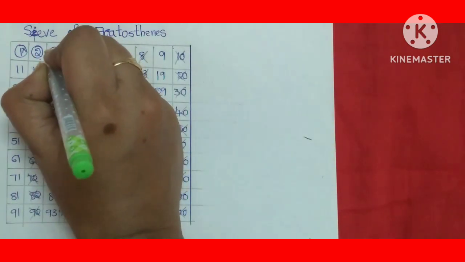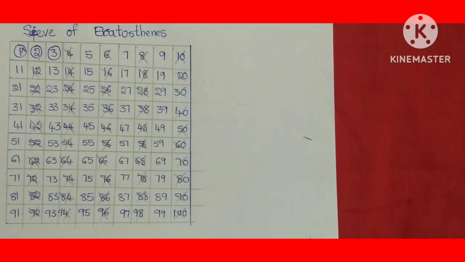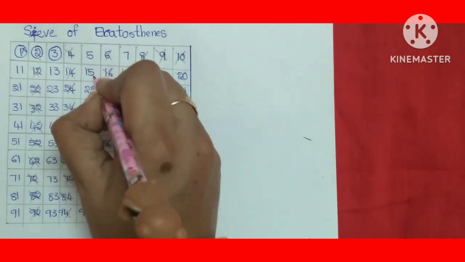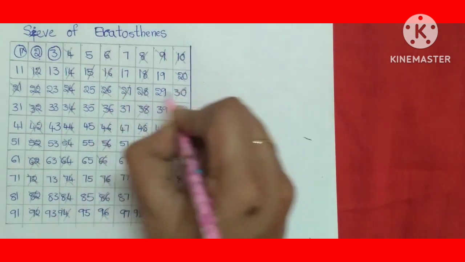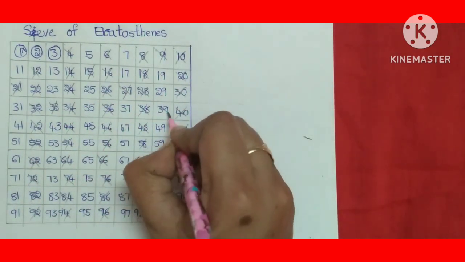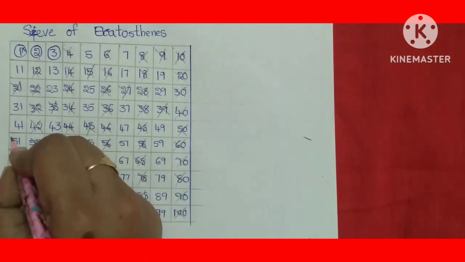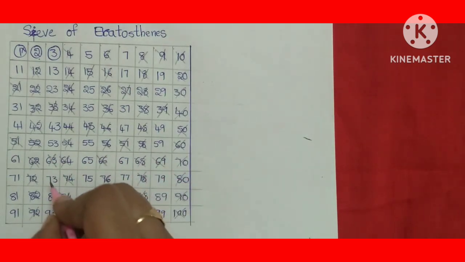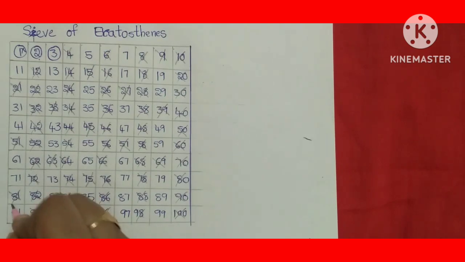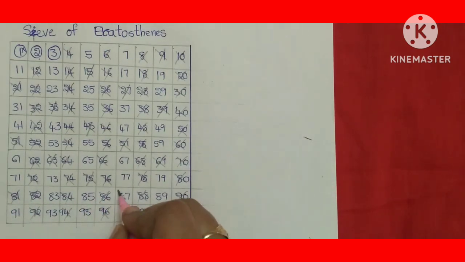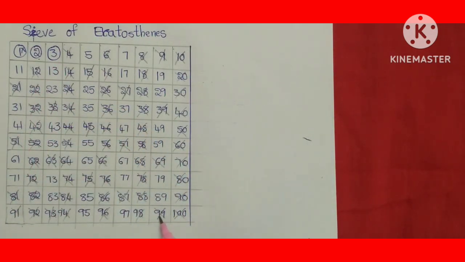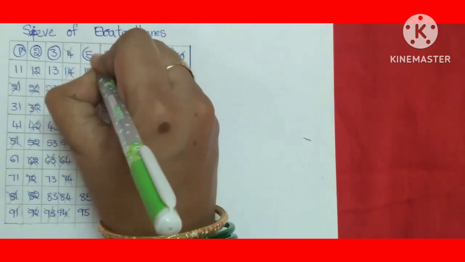So after 2 we have 3. 3 is a prime number, that's why we are rounding the number 3, because it has only 2 factors, 1 and itself. Now we are crossing the multiples of 3: 6, 9, 12, 15, 18, 21, 24. Like that we cancel all the multiples of 3 up to 100, because all these multiples are composite numbers, since those numbers have more than 2 factors. If we have cancelled numbers before, we leave them and cross the new numbers which are multiples of 3 up to 99. Now we already cancelled the number 4, so we will go for 5.